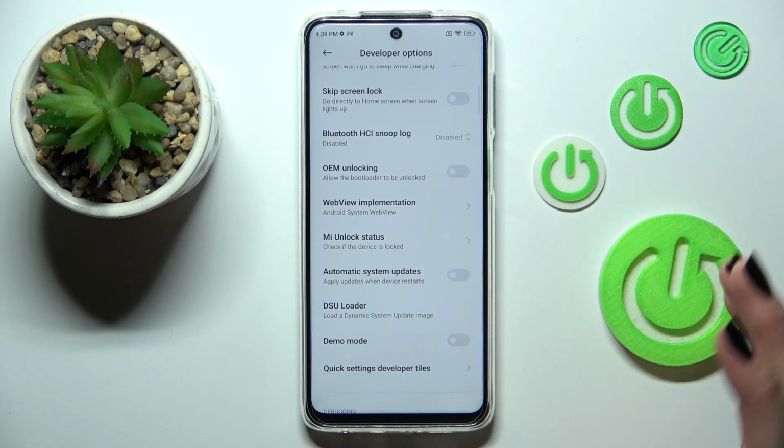Here all you have to do is to simply scroll down in order to find automatic system updates. As you can see, this option in my case is turned off, so in order to turn it on, just tap on the switcher, and from now on your device is actually allowed to apply the updates when it will be restarted. So you don't really have to remember about updating your device, so finding the updates and so on,